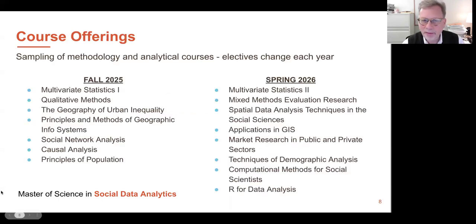So in a typical semester, what's available to students is usually somewhere in the range of 7 or 8 to 12, 13 courses that are taught within the Department of Sociology and now within the Population Studies and Training Center. Just recently, in this current year, the program has moved from sociology to the Population Studies and Training Center.